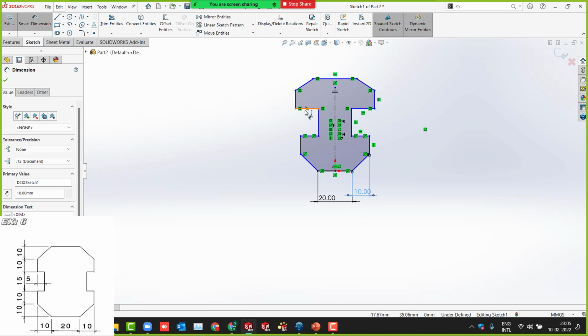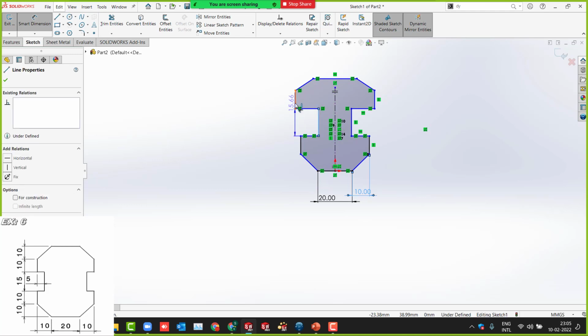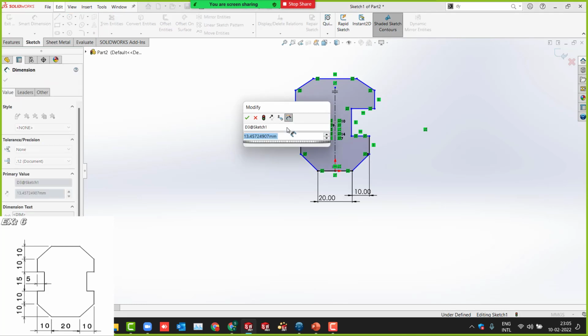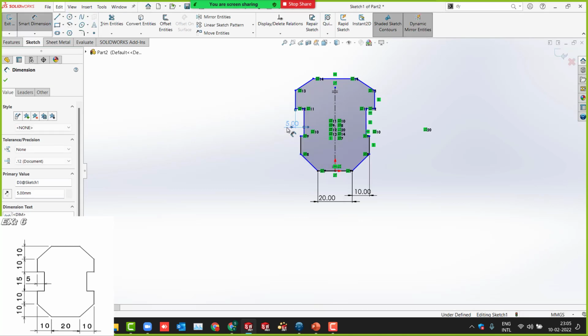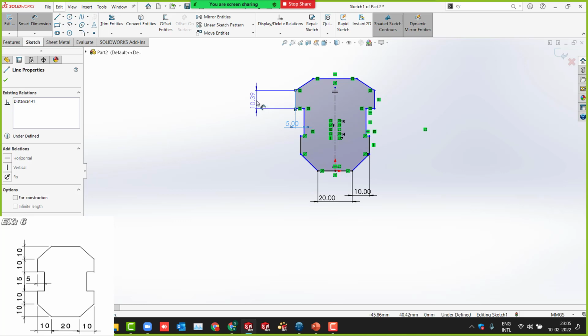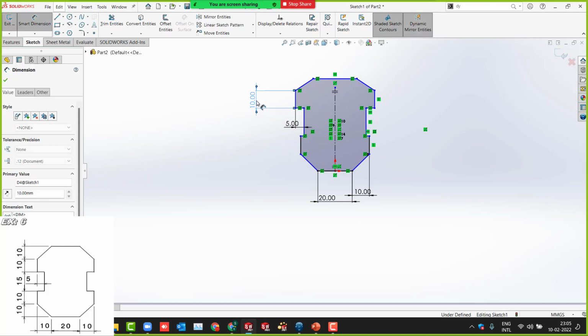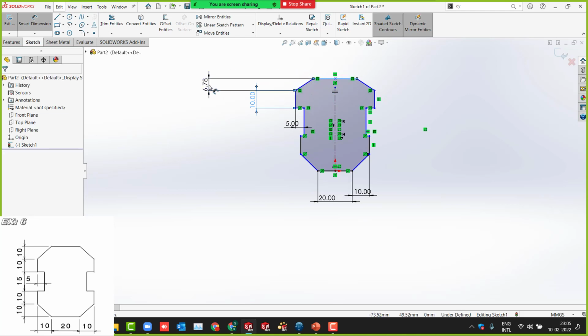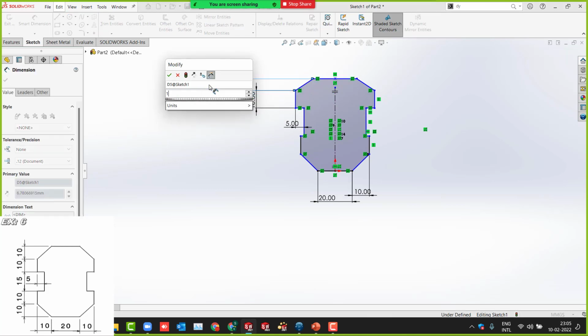So, and then what is remaining? This one. From here to here? 15. It is 5, I think. And this one only 5. Yes. What about this? 10. Good. This from here to here? This one 10.